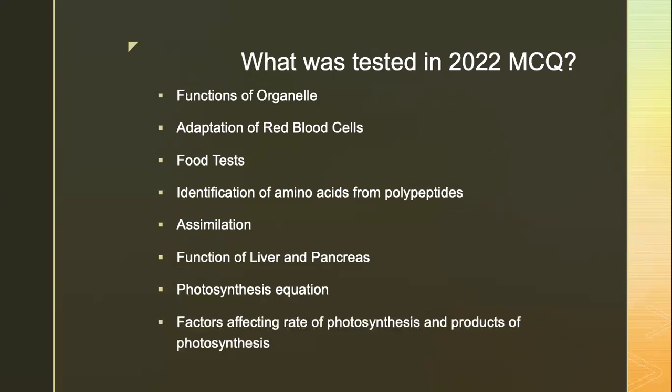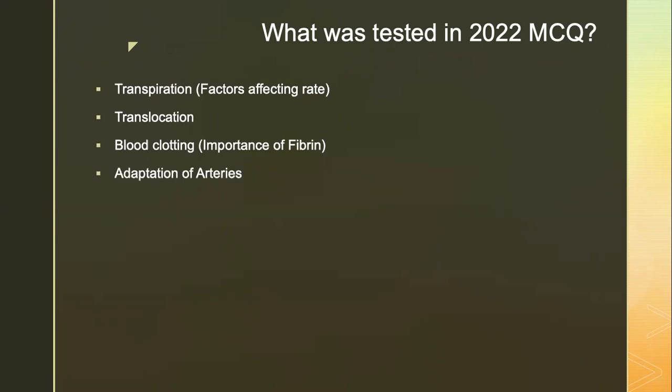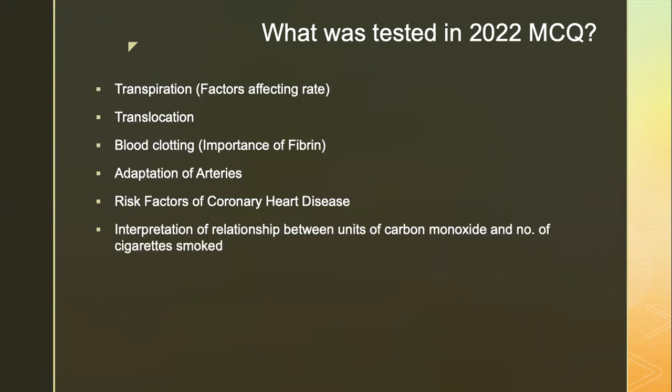and conditions, the factors affecting the rate of photosynthesis and the products, transpiration, as well as the factors affecting the rate, translocation, what is it, blood clotting and importance of fibrin in the process, adaptation of arteries, risk factors of coronary heart disease, interpretation of relationship between units of carbon monoxide and